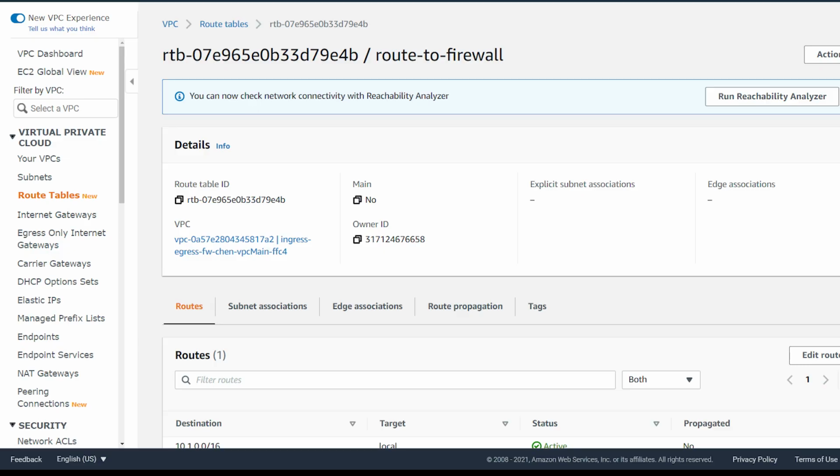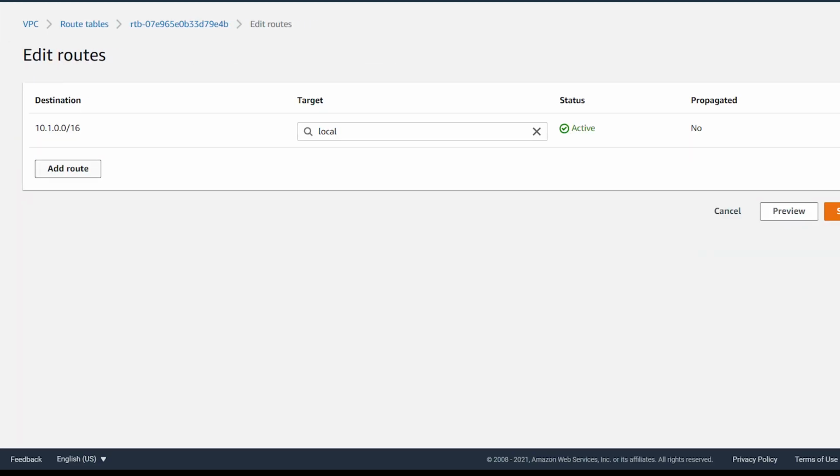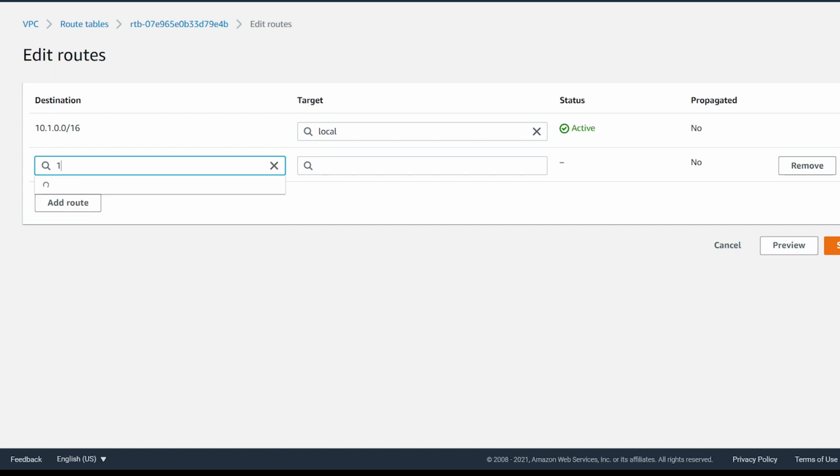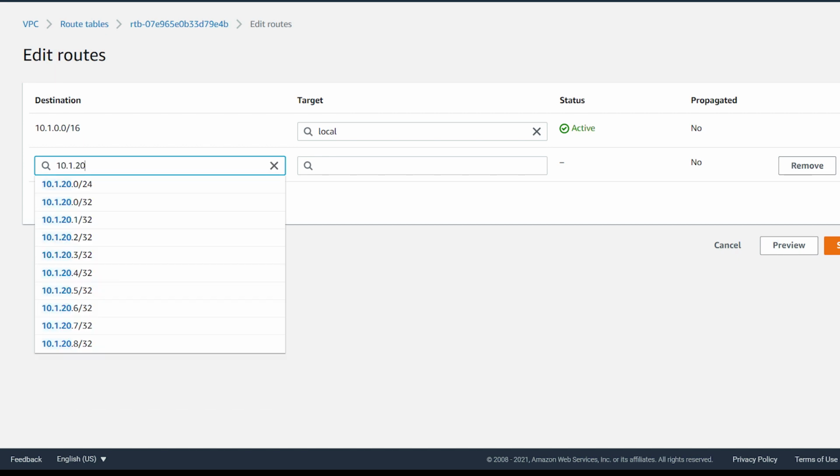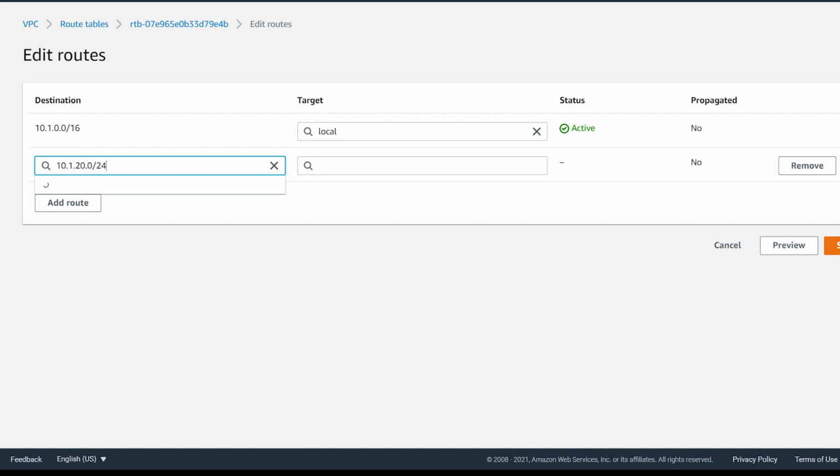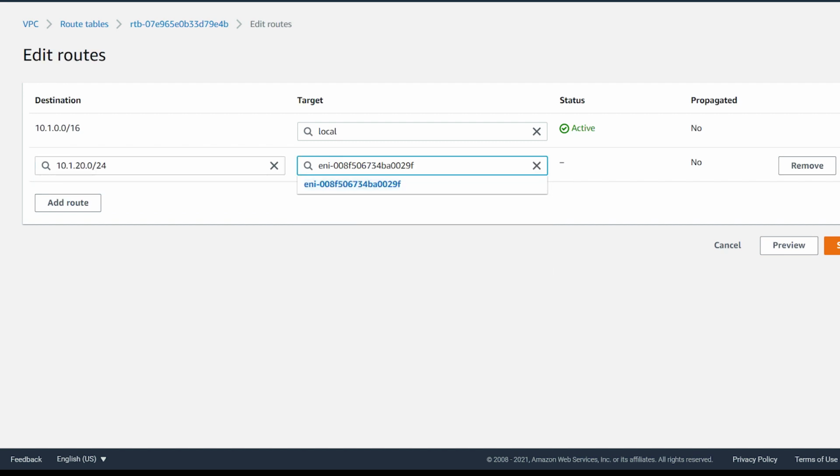Typically in AWS, you may use a network load balancer or an application load balancer to load balance TCP traffic or HTTP traffic into your VPC. Prior to AWS Gateway Load Balancer, if you wanted to steer traffic to a firewall, you would create a route in your AWS route table that points to the ENI. If that EC2 instance went down, you would need to manually update the route table or have automation in place